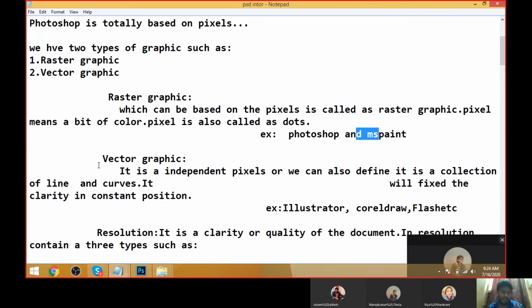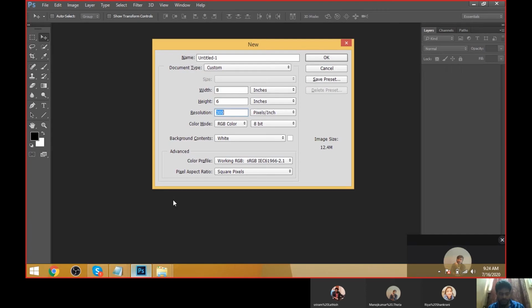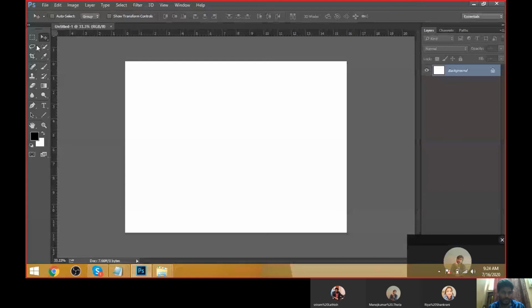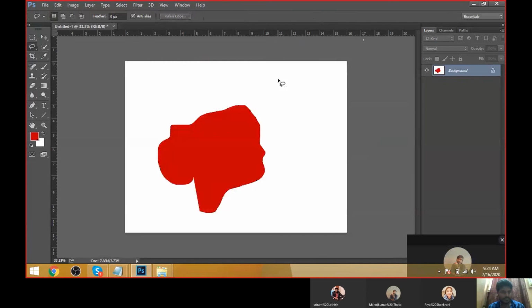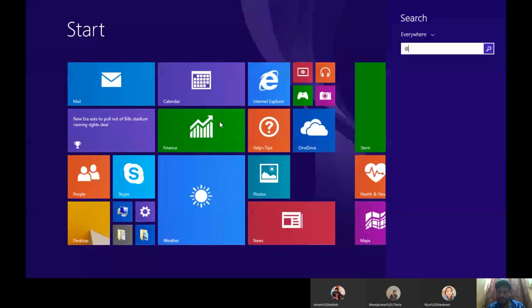Raster graphics is completely based on pixels. Pixels means what we are working with here. Suppose I'm just taking a document, and I draw some design. This is the design, and the same design I will work on in Illustrator, guys.